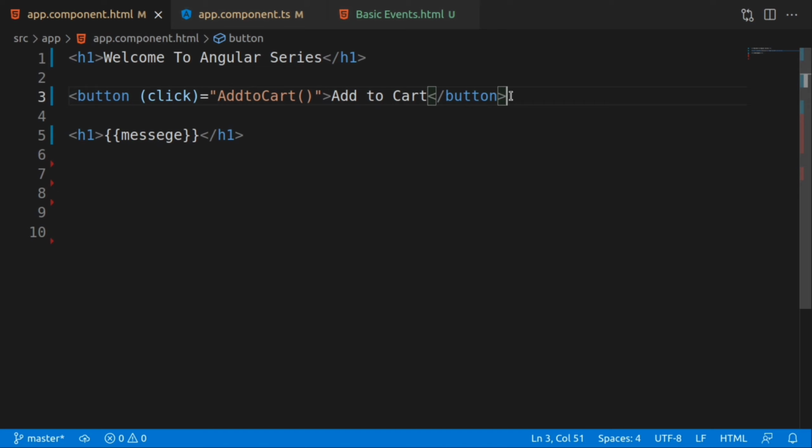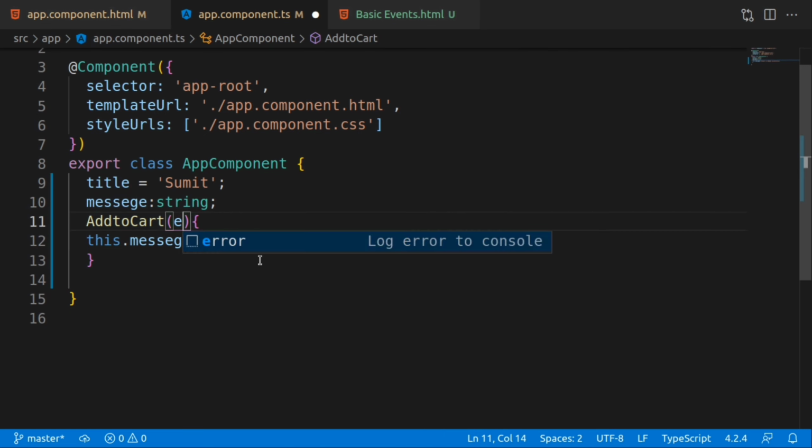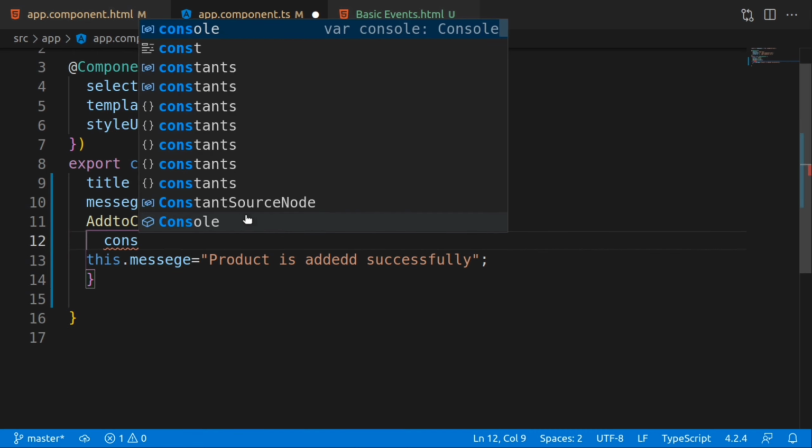By using event binding, you can also get the button property and its state. In Angular, there is a reserved variable which is $event. Here in the TypeScript file, we have to pass that event as a parameter. Then we have to console.log that event.